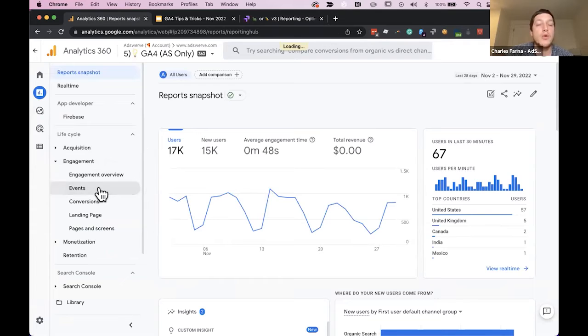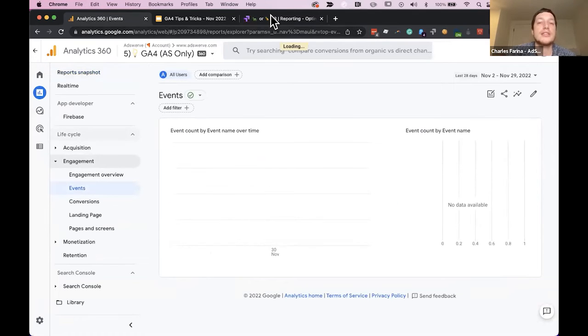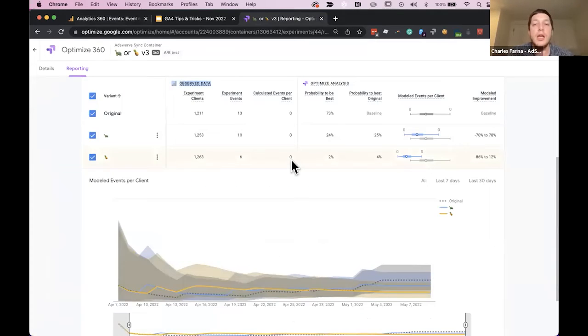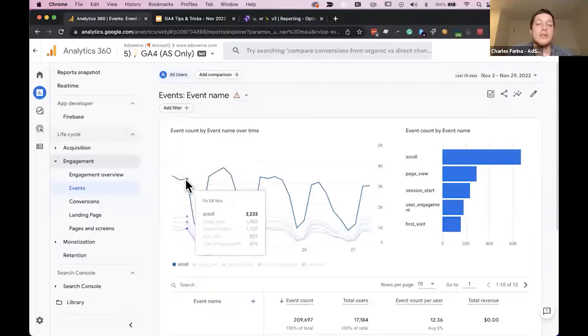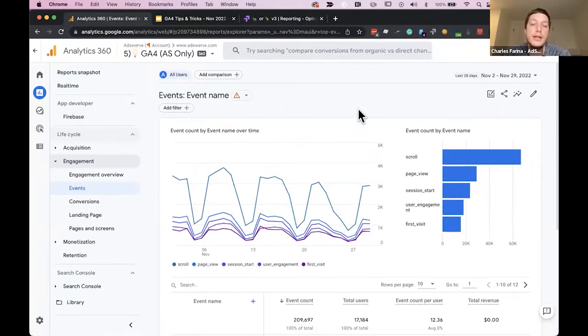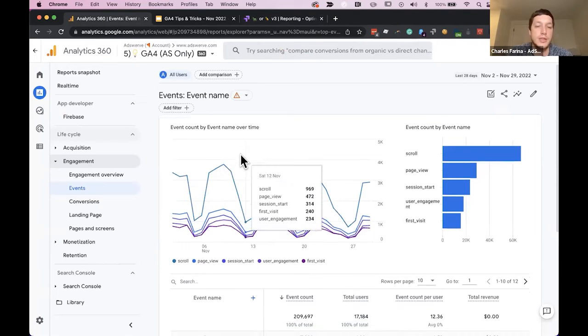And that's really important because if you want to understand how a test is performing and what was a real winner, simply having a conversion usually isn't enough. You want to understand other aspects of that test. How did it perform for different sources or different channels or across different devices? So having data in Google Analytics lets you analyze your test in much more granularity to have that confidence in what you're looking at.